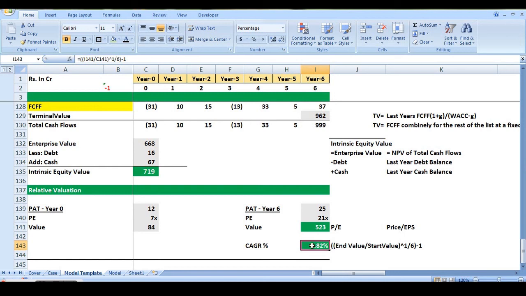Now this valuation figure or value, why you will use or where you will use? When you want to invest in a particular organization and compare it with the returns given by other securities or other financial instruments, you can compare these percentage returns that you are going to get from this security with other securities or other investment avenues and take the decision. So this is how you can create the financial model.